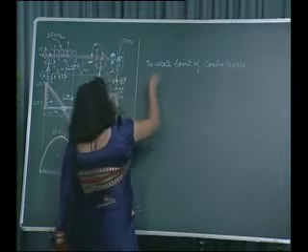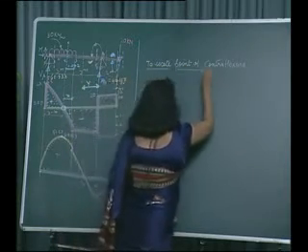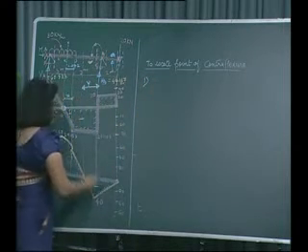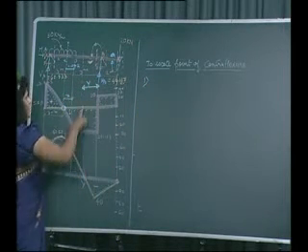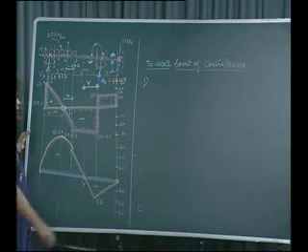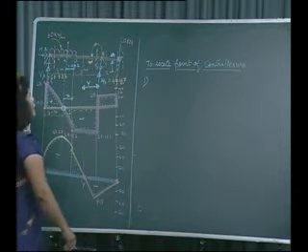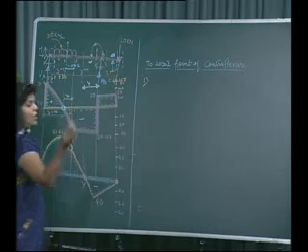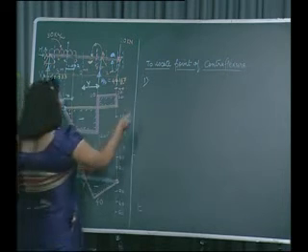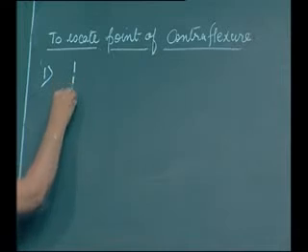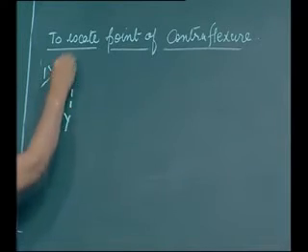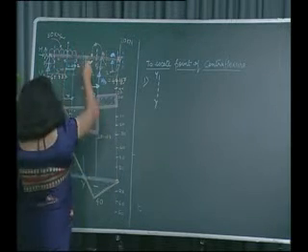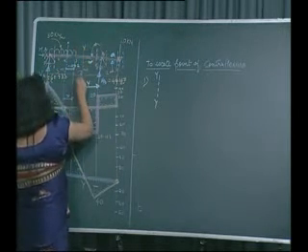Okay. So to locate the point of contraflexure, our first step is we have to transfer the point where bending moment is 0 at our loading diagram. Second step is we have to draw the free body diagram for the right side, or if you are interested in left side, you can go for that. So suppose we take this as the section Y. Okay. So we'll put our hand over here. This we can name it as section Y.